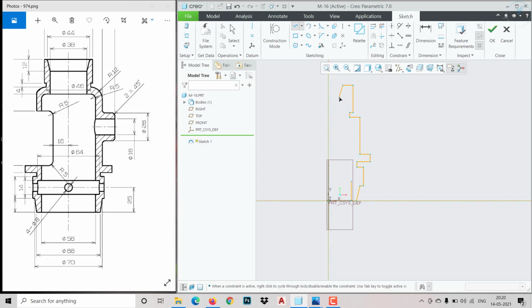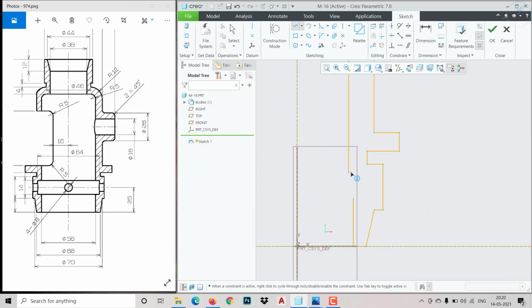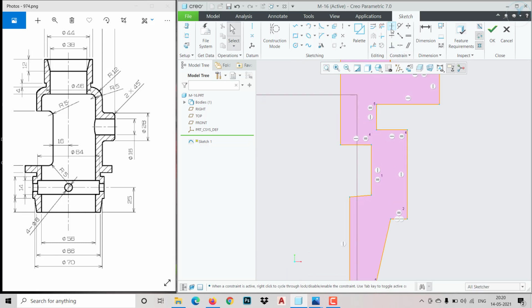After that it has to come straight, go like this, and from here it has to come straight, and then it has to go inside, then coming straight, then I can attach it here. So only one I'll give it now. Let me make this horizontal, so it has to come. Then this equal constraint and all are automatically being created.